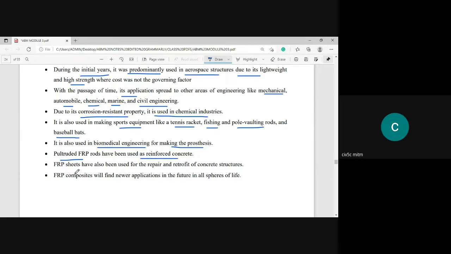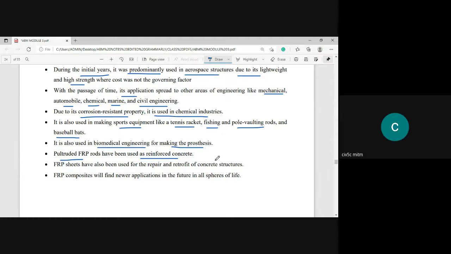Next, a very important advancement in the field of civil engineering is this: when you want to repair or increase the strength of a reinforced concrete structure, preferably in flexure, because flexural members such as slabs and beams are very weak in carrying tension, then because of the enormous live load they will show cracks or deflection.